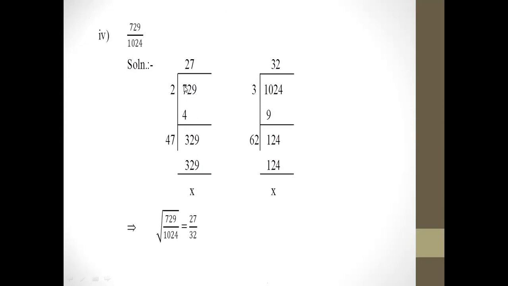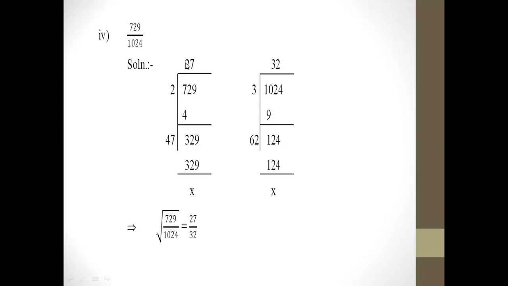So first you divide 7. To divide 7, remember one thing, you have to multiply the same numbers. 2 2s are 4, 3 3s are 9. 9 is greater than 7, therefore 2 2s are 4. So 7 minus 4 is 3, and the pair will come down, that is 329.